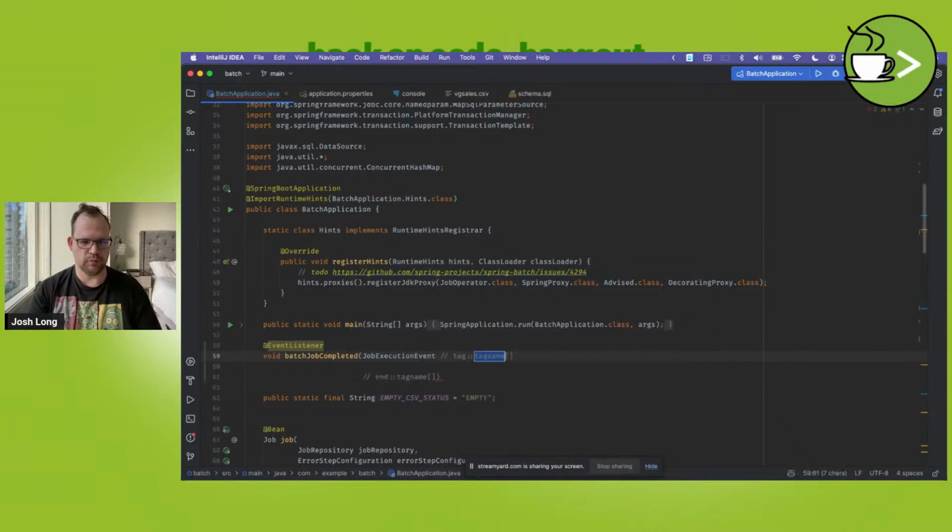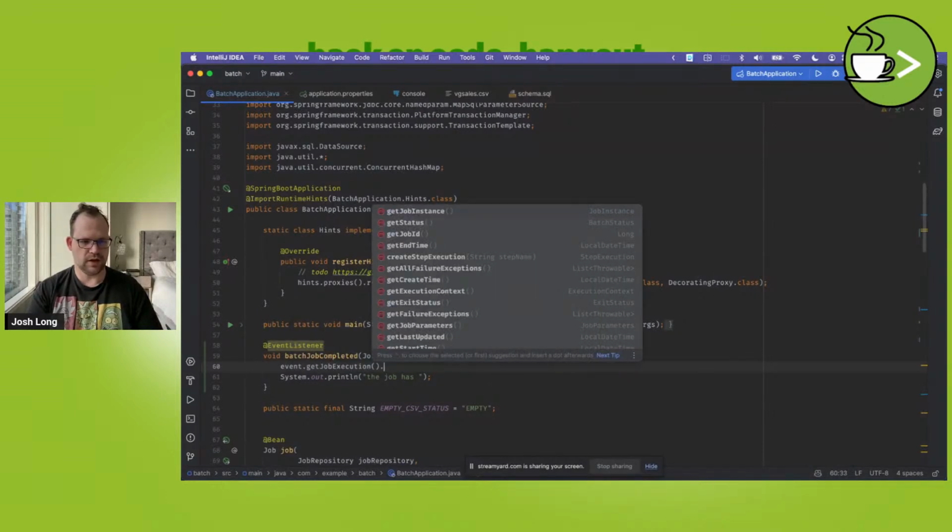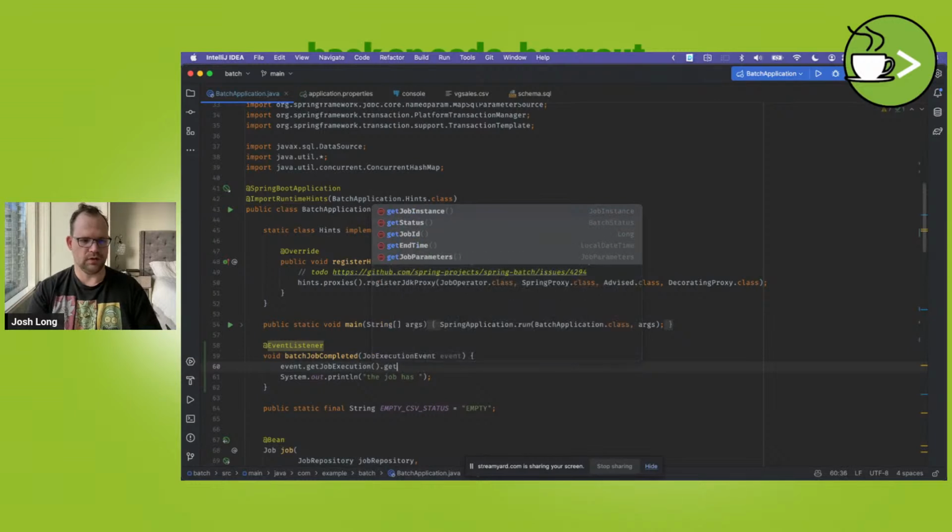Yeah, there's a Spring Boot batch job event you can listen to. What is the event? Event dot get job execution, get the source, timestamp. You can say get status